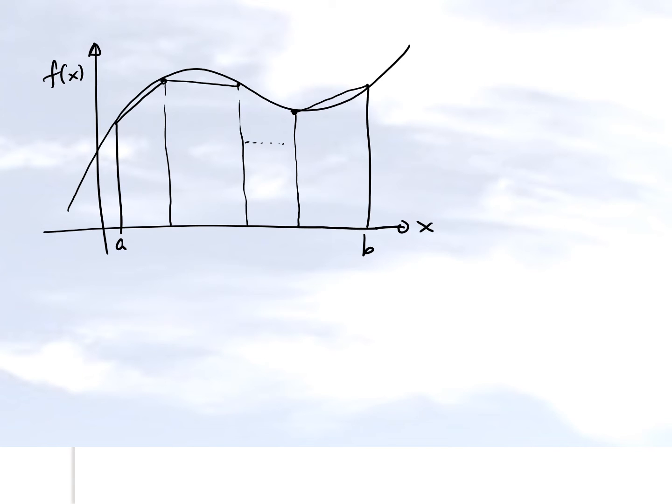So if my width is b minus a, and if I break it down into n segments, then the width of this segment here will be b minus a divided by n, which will be denoted by h. So this segment width is the same as this segment width, not drawn to scale here, and then we'll have this segment width. They're all the same. And what we're going to do is break the interval from a to b into n equal segments, and apply the trapezoidal rule on each of these segments. That's what's called the composite trapezoidal rule.